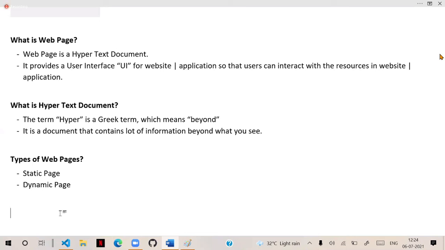I hope you understood all the concepts we discussed today. And you can try the same in your practical also. Tomorrow we will first learn about the difference between static and dynamic pages. After that, we will start learning how to build the pages. We will learn about HTML, how it works and all these points. Practically, we will start designing the pages, okay?